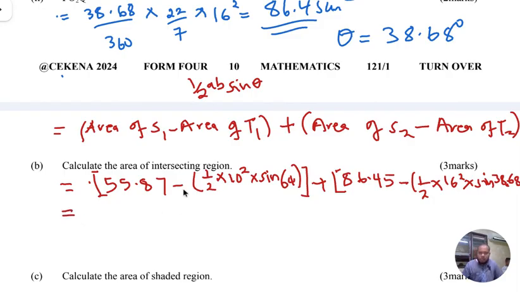So a half times 10 squared, sin 64, will give 3,200. No, it's not 3,200. A half times 10 times 10 times sin 64 will give